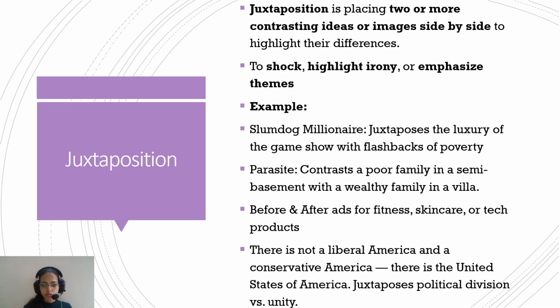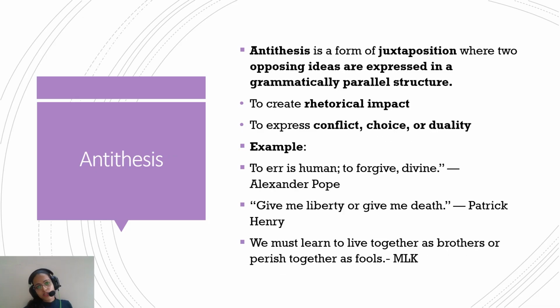It sounds like a beautiful line. Okay, so this is what juxtaposition is. Antithesis. What is antithesis? It's a form of juxtaposition where two opposing ideas are expressed in a grammatically parallel structure. So antithesis is actually a Marxist concept. So there it is. According to the concept, there is a thesis and there is the opposite to that idea, that